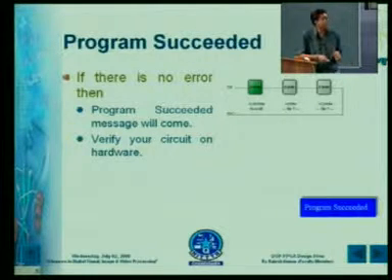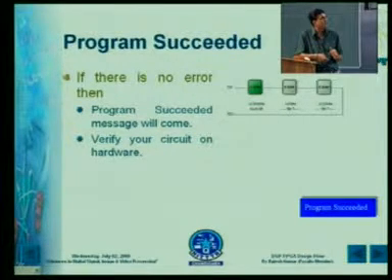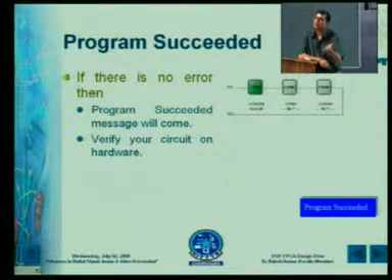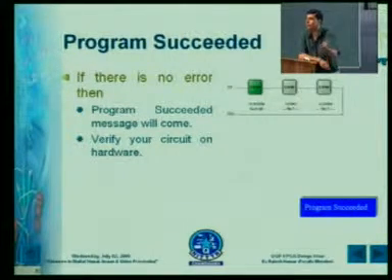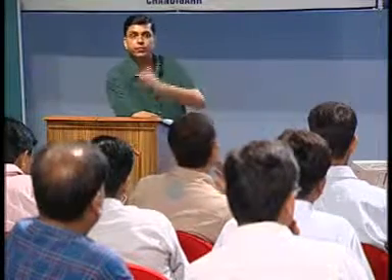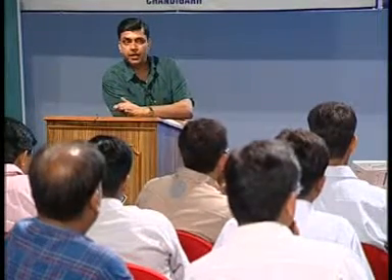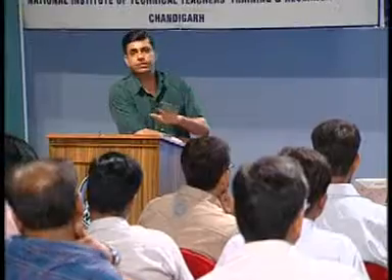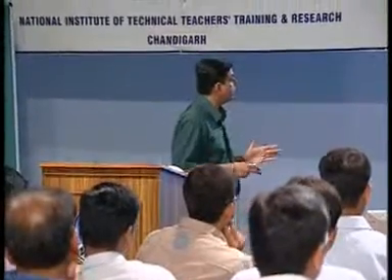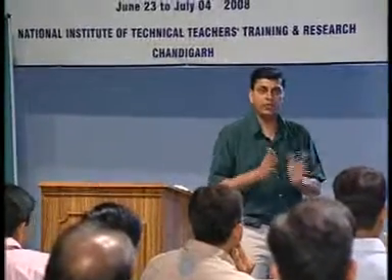Once you get program succeeded, only then it means that your bits have been transmitted from your computer to the FPGA. Where in the FPGA? In the SRAM cells. In FPGAs we are using SRAM. SRAM will contain information about all the zeros and 1 bits. This is the whole procedure for your hardware implementation.